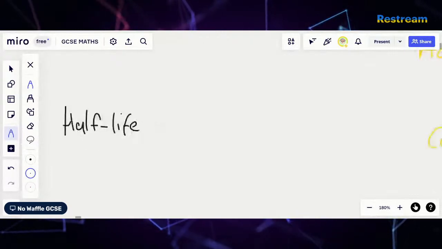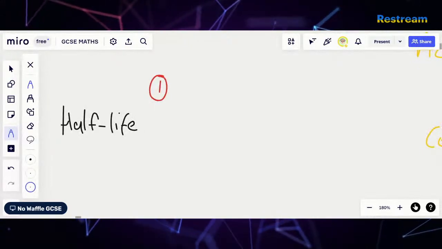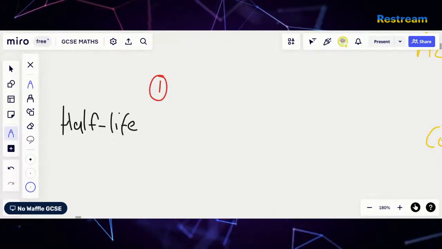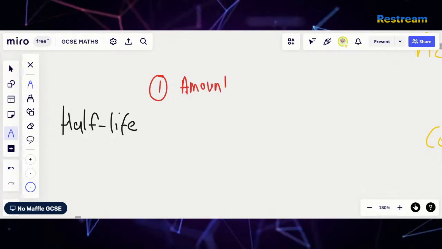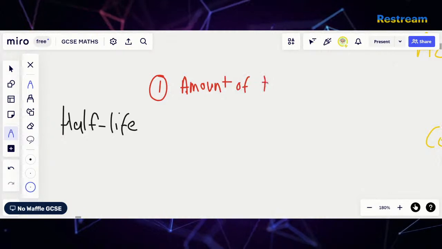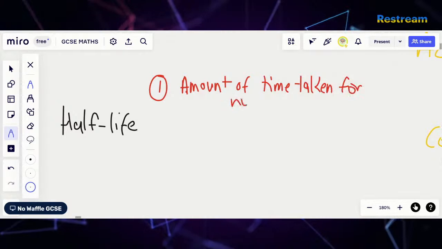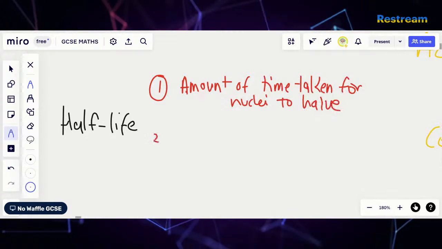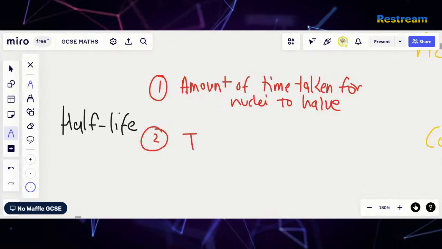The first definition is the amount of time taken for the nuclei of a radioactive isotope to halve. That's the first definition. The second definition is the time it takes